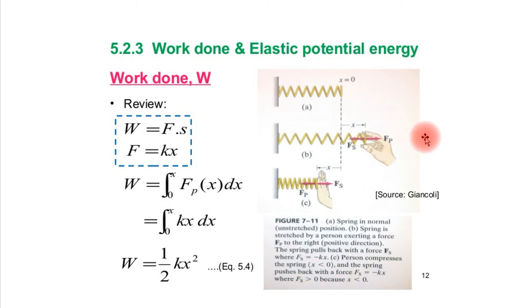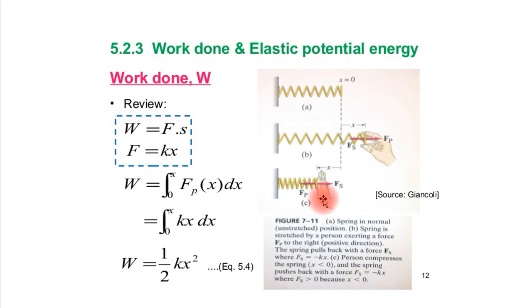The spring is stretched to elongate. Now, here you look at the compression case. The force applied by the person is along this direction and the force developed within the spring is along this direction. This is the direction of the force developed by the spring Fs, and this is the direction of the force applied by the person. So this is the case of compression. Either the spring is elongated or the spring is compressed.